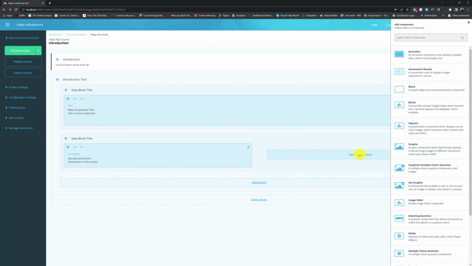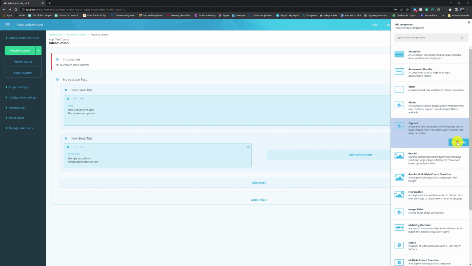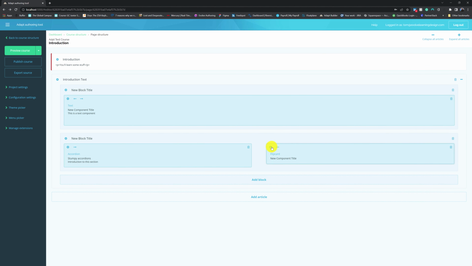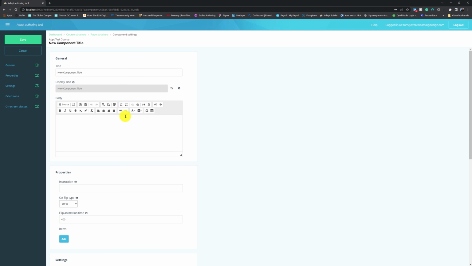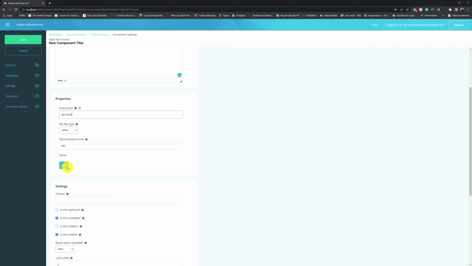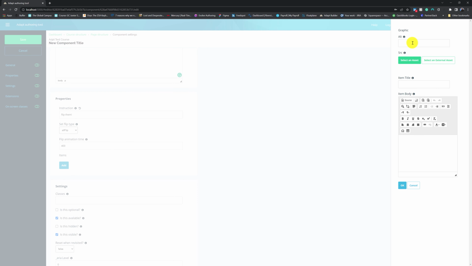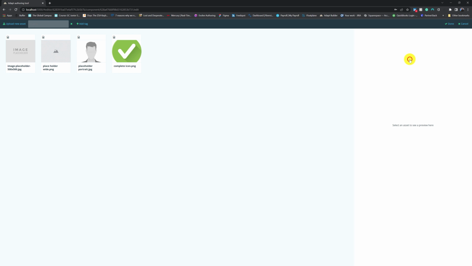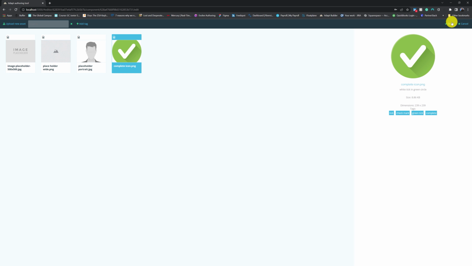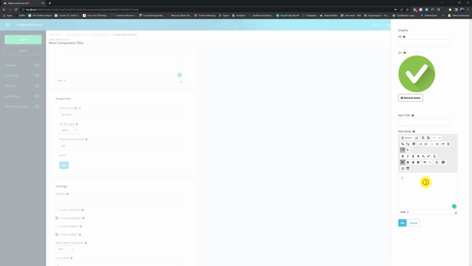Let's go back to the menu, and this time let's add some flip cards. Now, I'm not saying this is particularly great e-learning design, but what it does show you is how easy and quick it is to add stuff. Add our instructional text, and let's add some flip cards. So we can put a graphic on the front. Let's say we're going to use this lovely tick button just here, and then we're going to add some text